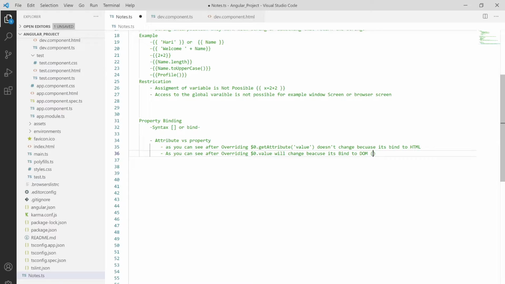The full form of DOM is Document Object Model, so I'm writing it down as document object model.